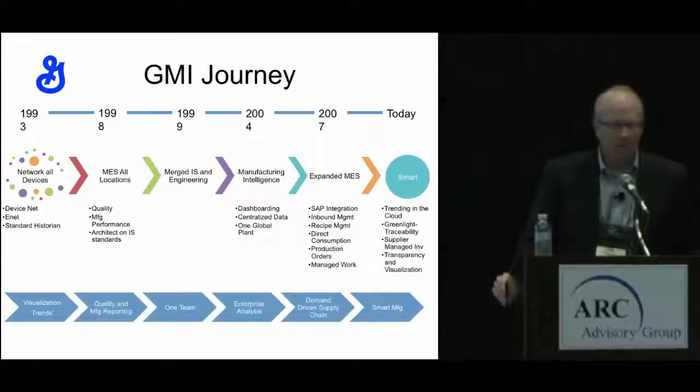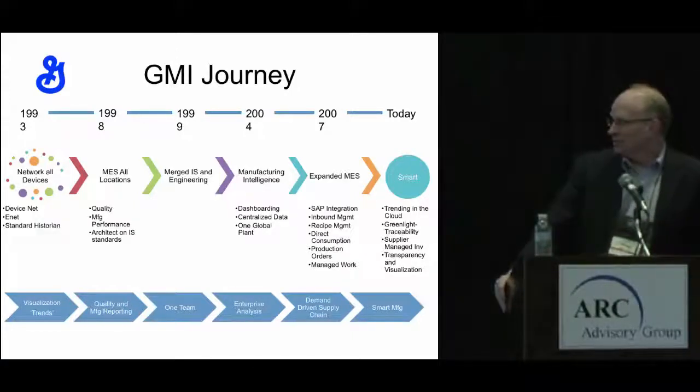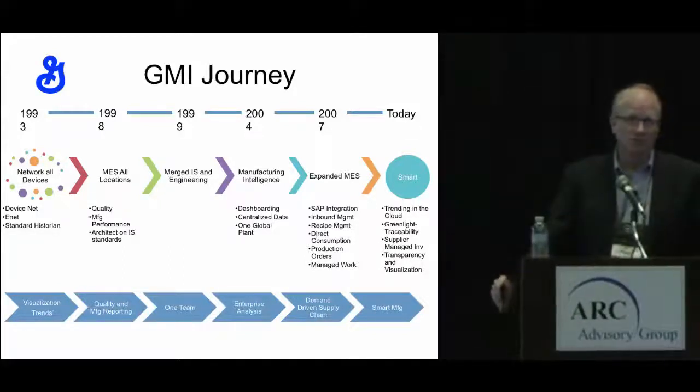In 2007, we expanded our MES solution to actually go after demand-driven supply chain. This whole concept that we need to connect the world outside of our own box, and we need to hook into supply and demand and do that in real time. We did that. Our first plant went up in 2007. Where we did SAP integration, inbound management, recipe management, direct consumption, production order management, and then our first implementation of